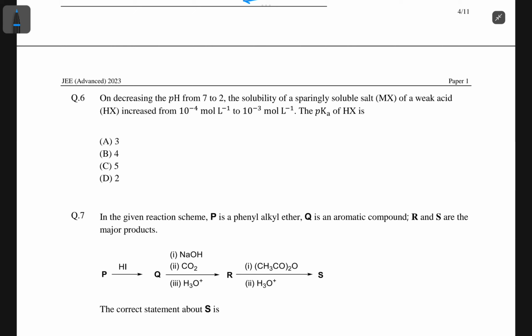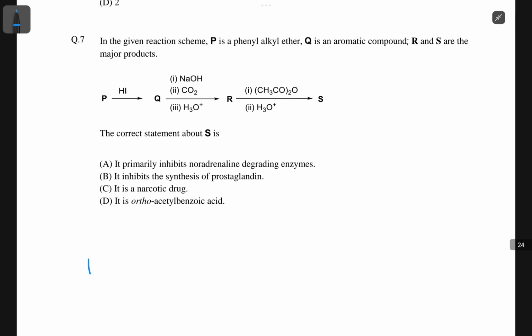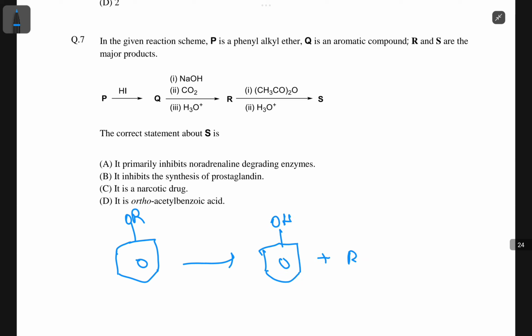I think I'll just leave this one. It's easy. It's a very standard one. Like if you solve some Allen or Physics Wallah packages, you would find so many questions like this right there. P is a phenyl alkyl ether. Just take them as one, right? Like it's an ether, so just assume an ether. Then you would have HI, so you would have phenol, and you would have RI,